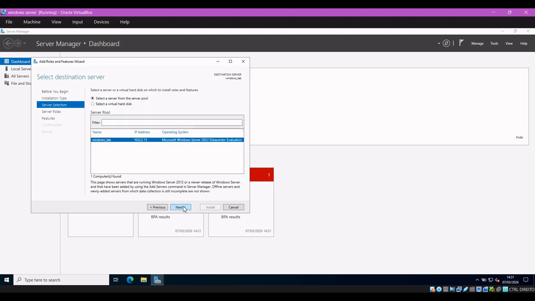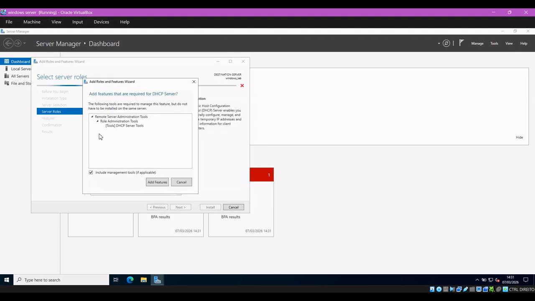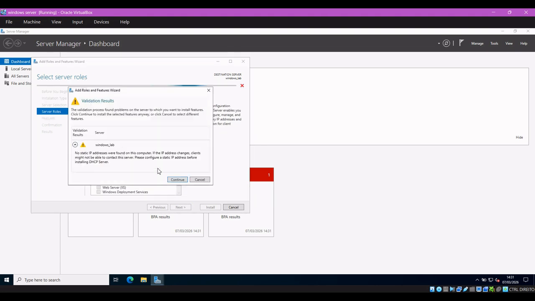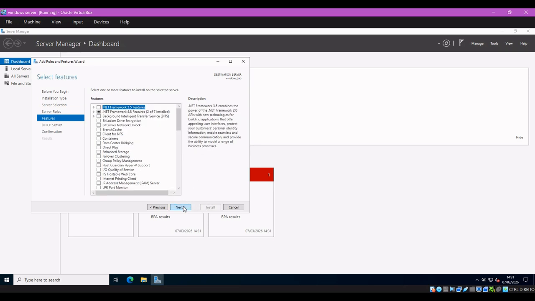Here our server is going to appear by default. A lot of the time there are several servers in an organization, so you can independently choose them. When the list appears, you have to select DHCP Server. Mark the box, click Add Features, Continue, and you will see that the box is check-marked. So we have selected the DHCP server. We will just press Next, and Next again,